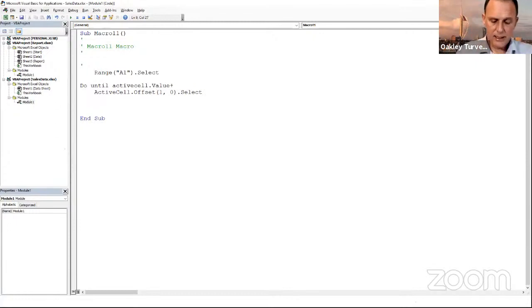If the active cell value equals the text NO, then loop. So it's going to keep doing that until it finds the cell with the value NO in it. Now I'm going to put a stop in there so that we can have a look at the code as it runs through.